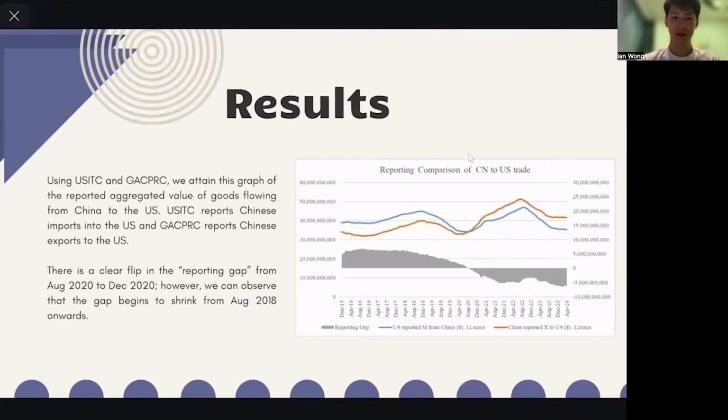Here's the first finding. As you can observe from this plot, the difference in trade valuation is relatively constant until 2018, where we notice a sharp convergence of trade valuations and subsequently a complete reversal of the reporting gap. These tariffs resulted in extra costs for US importers. High costs raise the incentive for US importers to underreport the value of their imports. This is compounded by the possible trade diversion, which negatively misrepresents the value of Chinese imports from the US perspective.